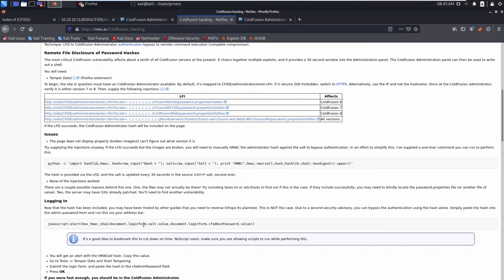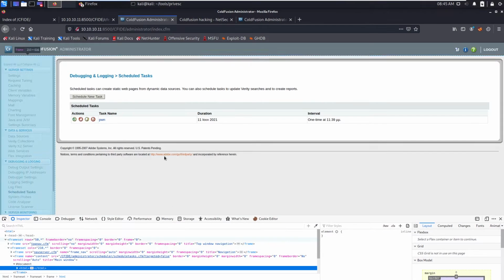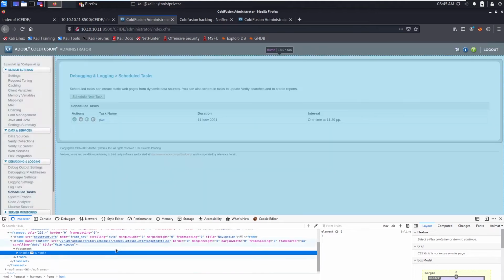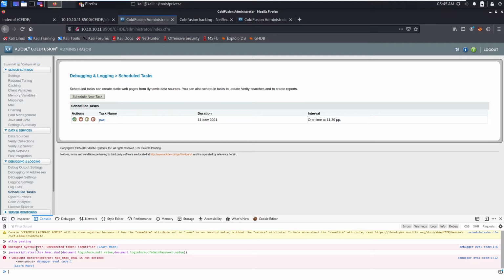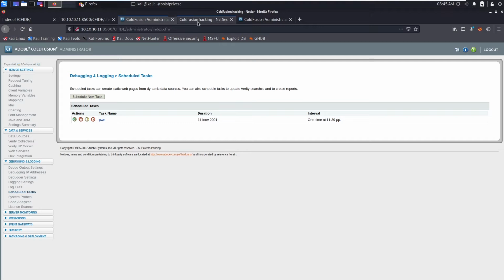In that time the salt value gets changed. So even though you have the salt value, after 20 seconds it becomes useless, because the server generates a new salt value. That's why you need the password, so it is like a legit login. So now go to the console. I don't know why this got an error. Okay, you can try getting the hex value.